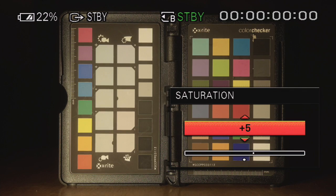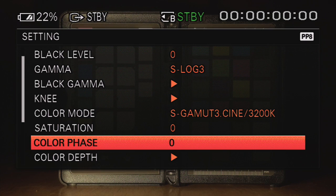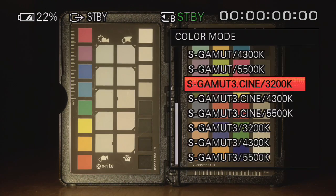Saturation makes no adjustment whatsoever to the colour gamut. It does in other profiles, doesn't in S-Log2 or 3. Colour phase, same thing, makes no change to the colour gamut, which is what you're affecting here. And to explain the colour gamut, this is not a white balance selection. This is a Kelvin. This is a colour gamut based around a temperature, a Kelvin range. So you've got 3200 Kelvin, 4300 and